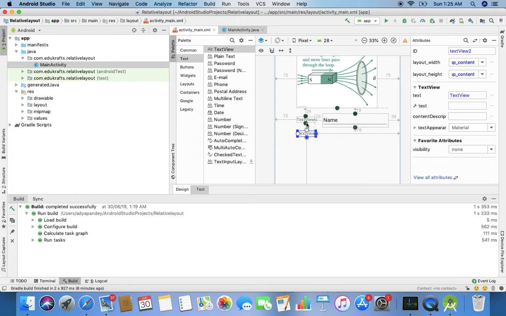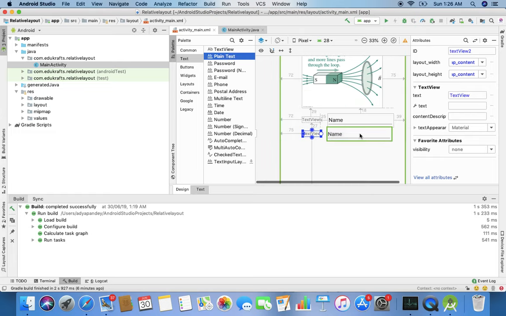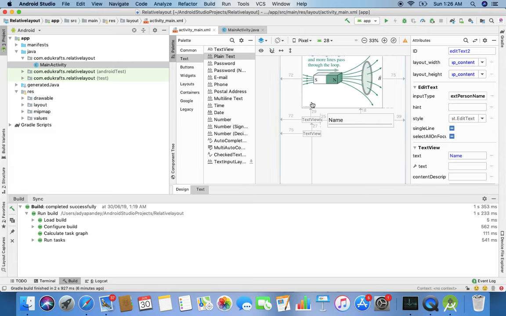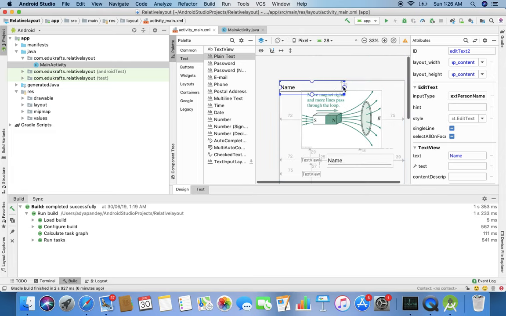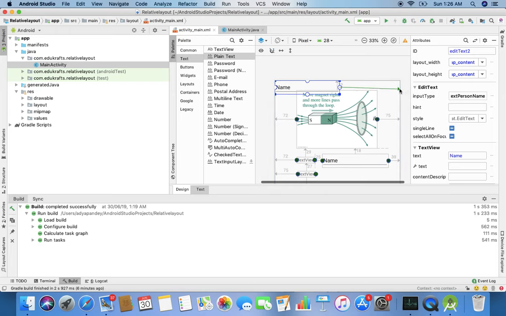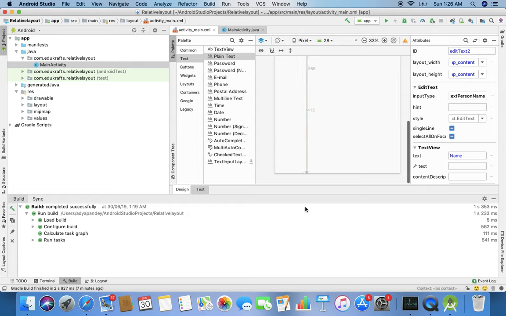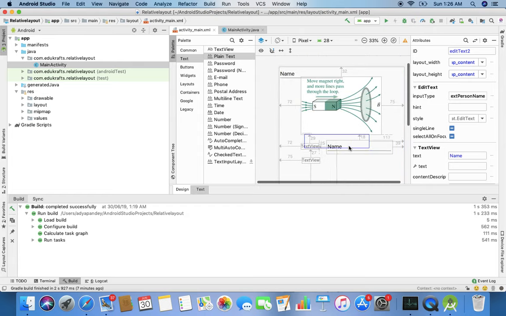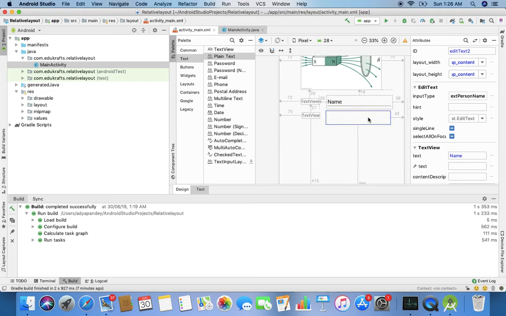Yeah, it's connected now. Here also it is connected. Then I remove this link and put one more text view here. Then again it might have gone there in the corner. Then I drag it here, and then better you pull it down. Then I try to put it beside this one,